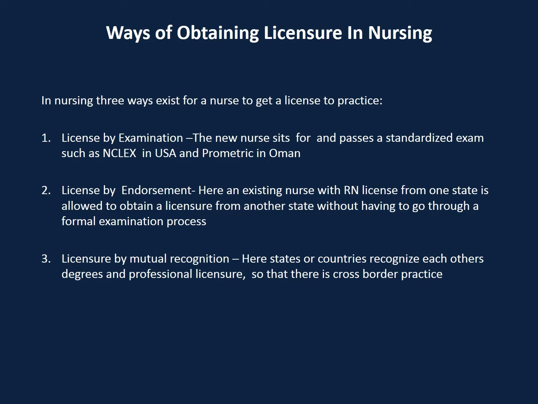Now, what are the ways of obtaining licensure in nursing? In nursing, there are three ways, as we said, for a nurse to get a license to practice. The first one, as we mentioned, is licensure by examination, and in this, the new nurse or new graduate sits for and passes a standardized exam such as the NCLEX in the US and the Prometric exam in other countries. Like here in Oman, we have what we call the Prometric exam. So you have to sit as a new graduate and take this standardized exam, and you have to pass the examination in order to be licensed